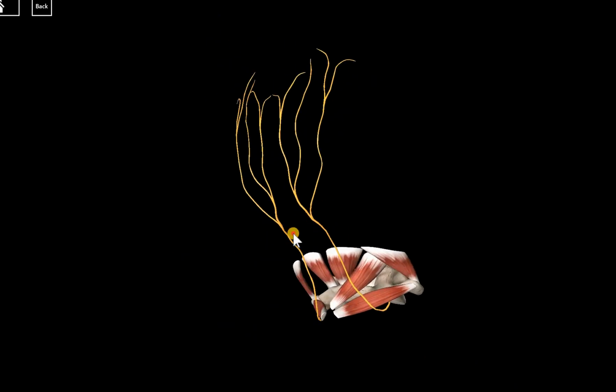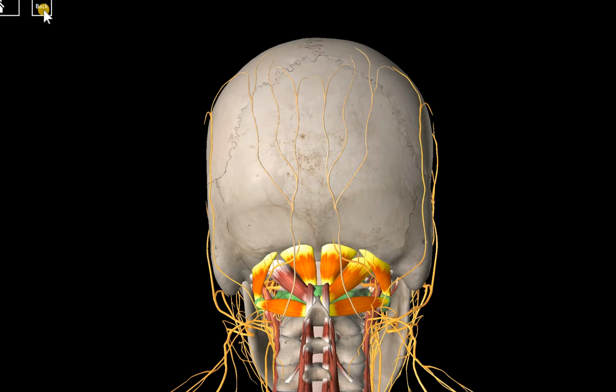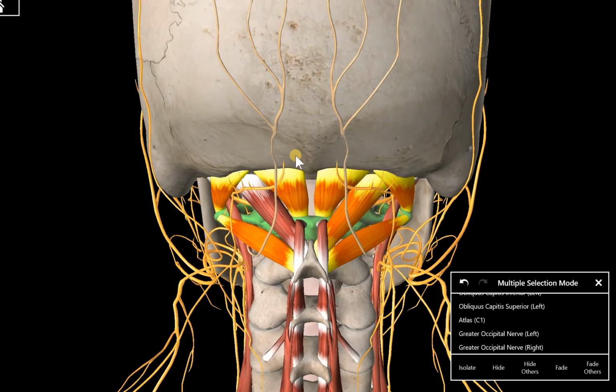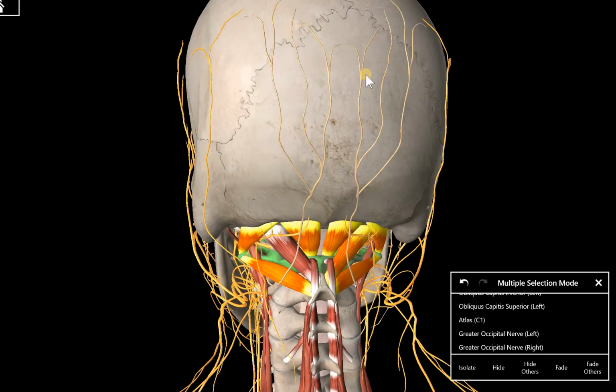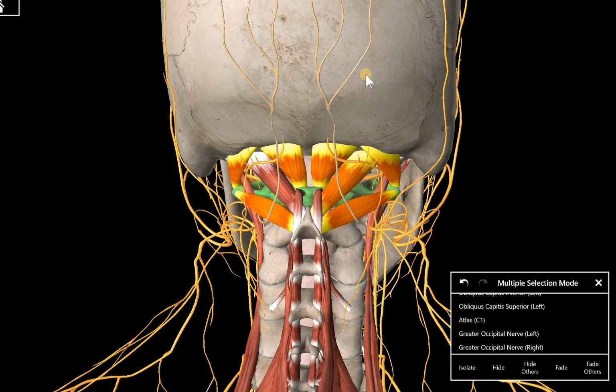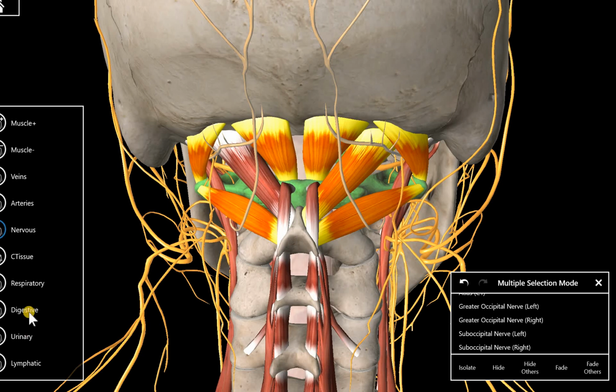You can see the nerves there, the greater occipital nerves, and they do go up into the back of the head, and there's also some nerves in here that will get infringed upon. So when these muscles get tight,